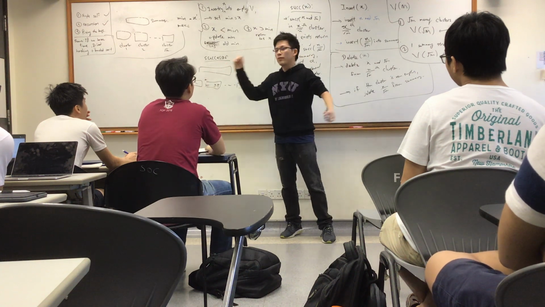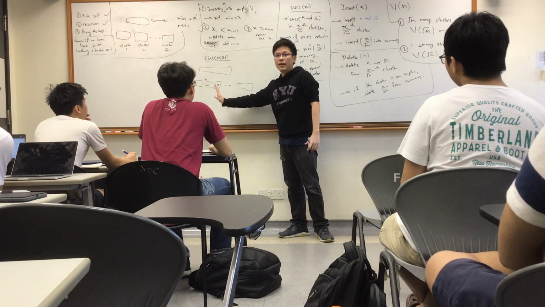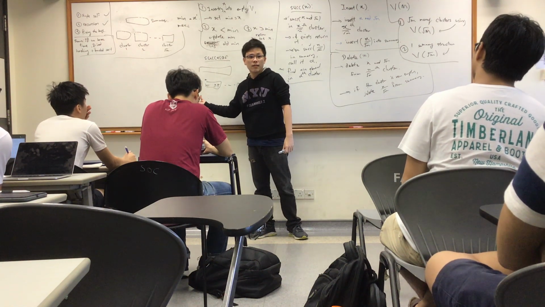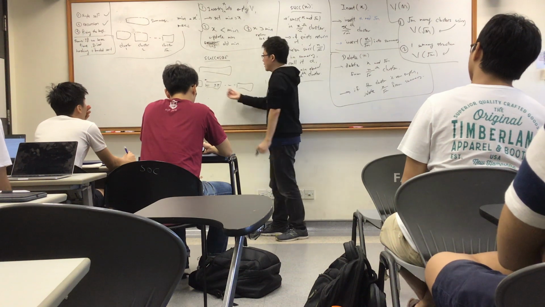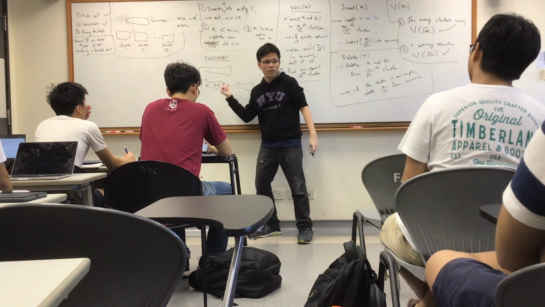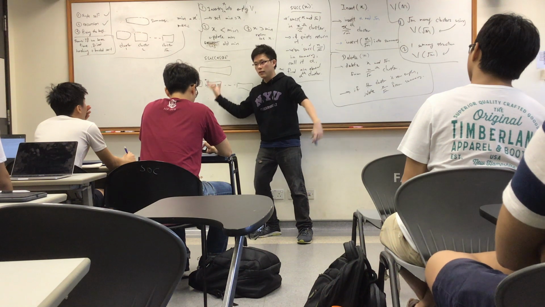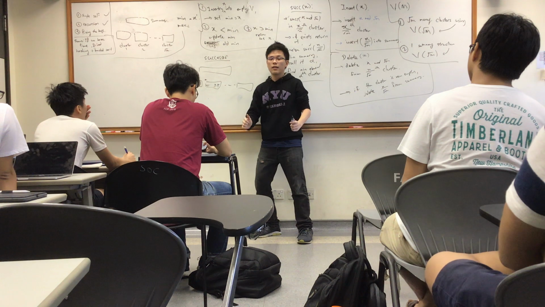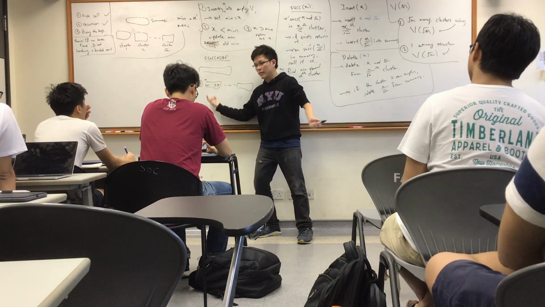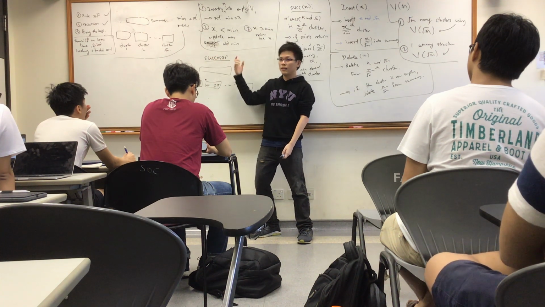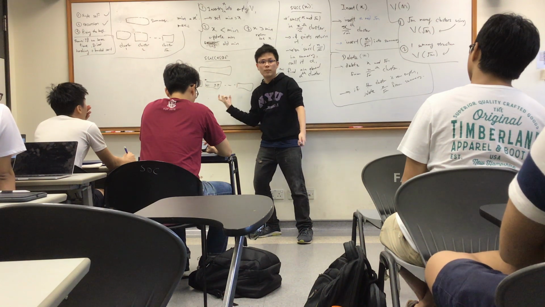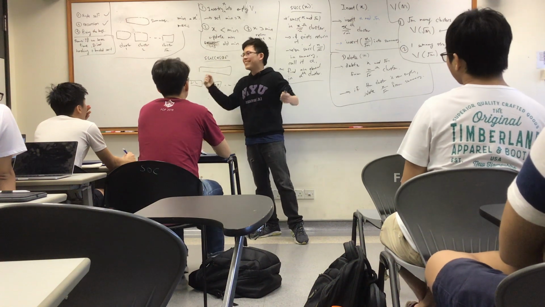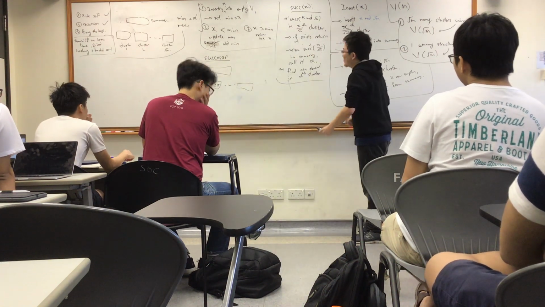But let me reiterate. The issue is that we needed the maximum for successor to be fast, and of course you're going to need the minimum for predecessor to be fast. When you want the successor of an item, you compare it with the max of that cluster. If you're smaller than the maximum, you know it's in that cluster, you just find successor in that, and you're done. If it's larger than the maximum, you know it's not in that cluster, so you spend your recursive call on the summary instead. Whatever cluster it gives you, you take the minimum. So you're down to one recursive call. Successor is now successfully fast.